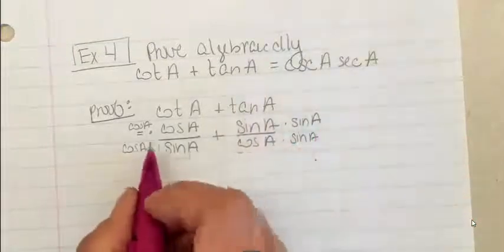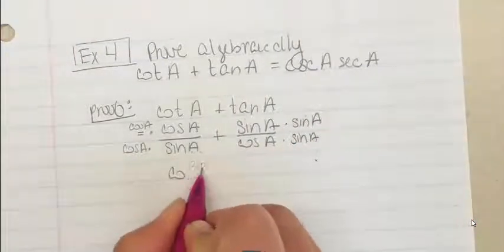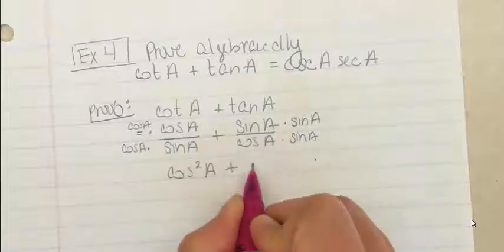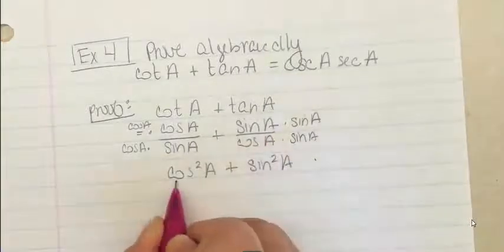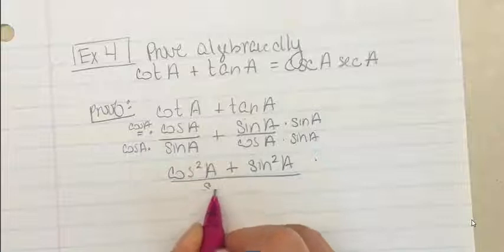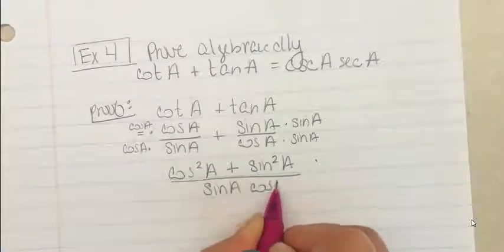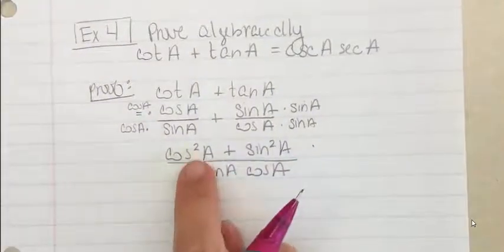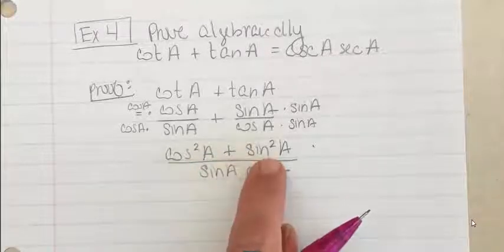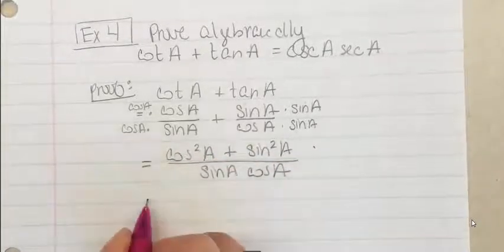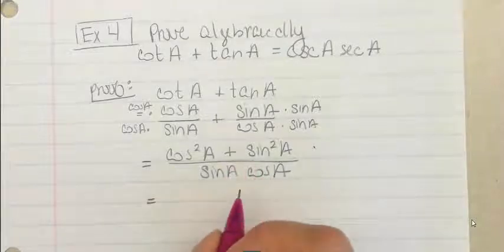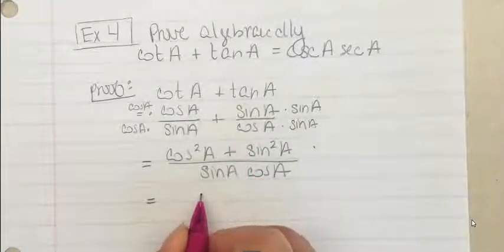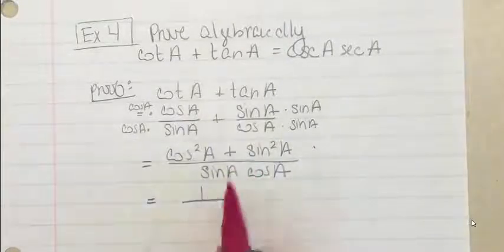And look what I'm getting now. So now I have cosine squared A plus sine squared A all over sine A cosine A. Well, what is cosine squared A plus sine squared A? Hopefully that's reminding you of that trig identity, the Pythagorean identity. So that becomes 1 over